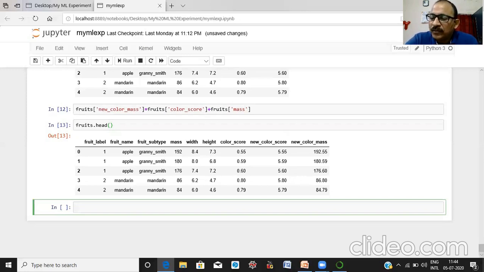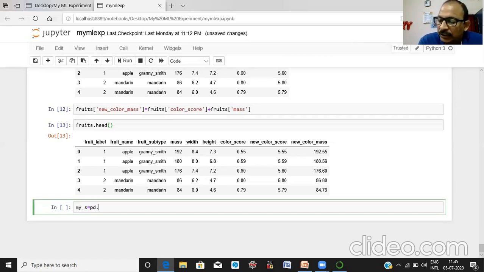Now let us see how we will create a series. What is a series? A series is a one-dimensional object similar to a column in a spreadsheet. Suppose we are going to create a series. The name of the series is my series.